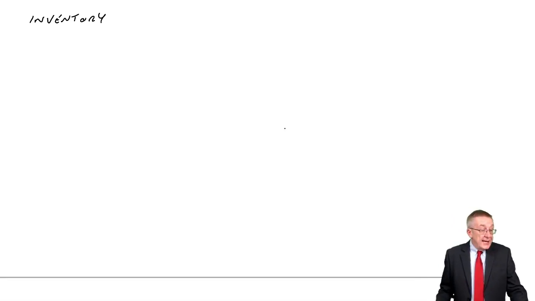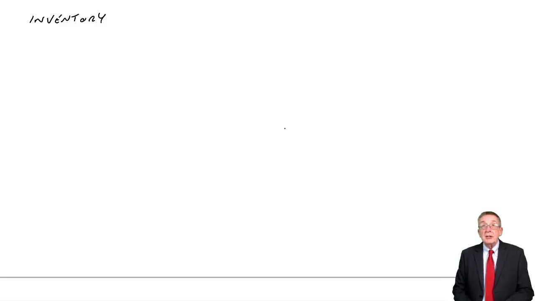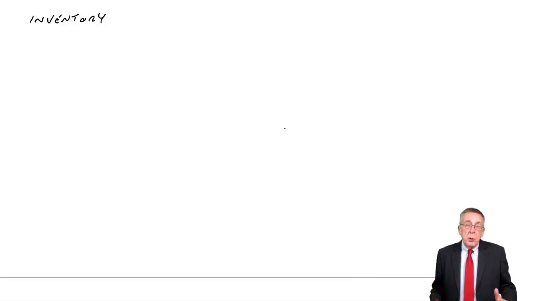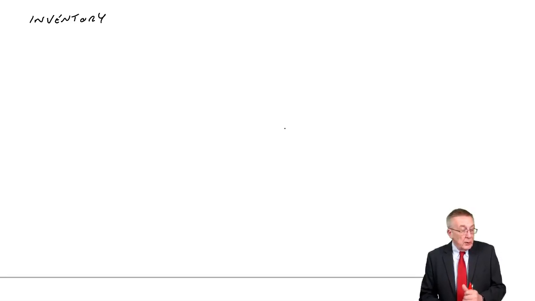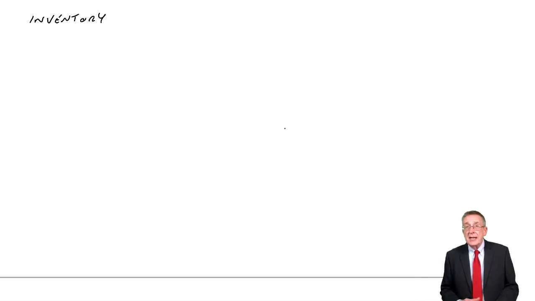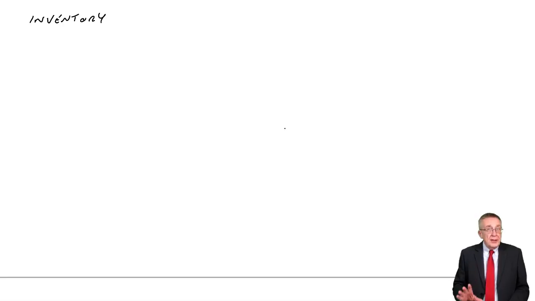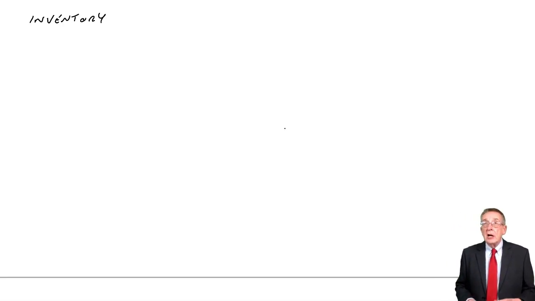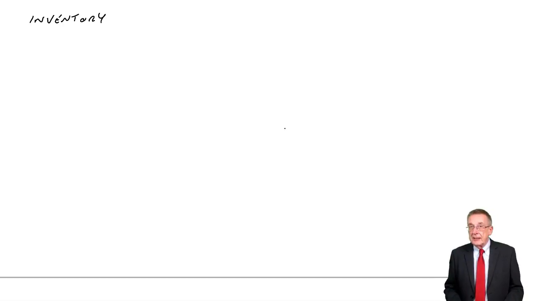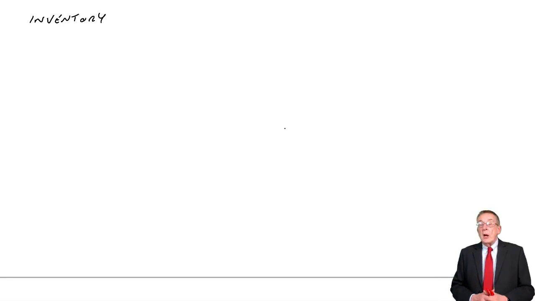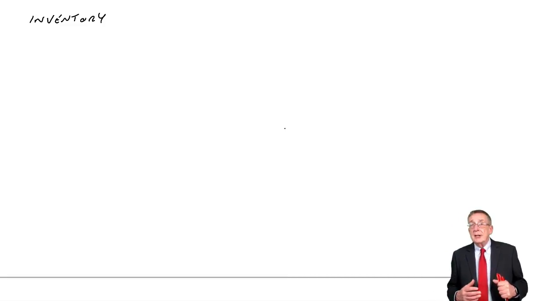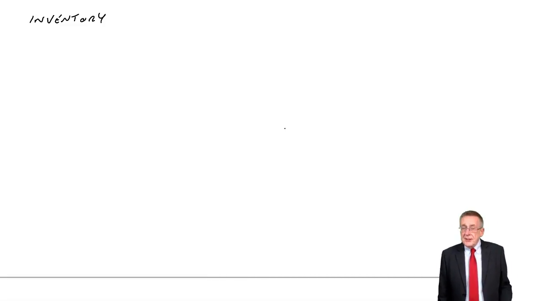All right, this is the third lecture on inventories. We've done the double entries. I then said the important thing is the valuation of inventories, and in the last lecture I went through the first of the accounting standard rules, that we must value at the lower of cost and net realisable value. However, I said that the second problem relates to getting the cost, and the reason it can be a problem